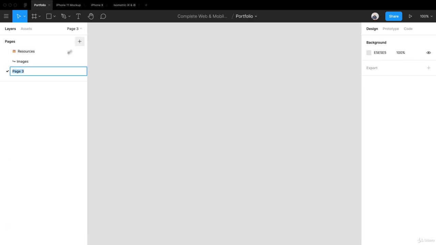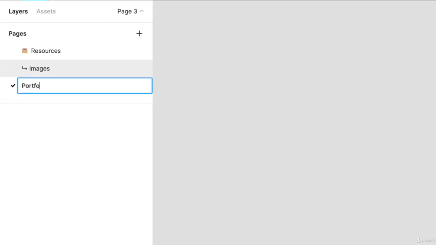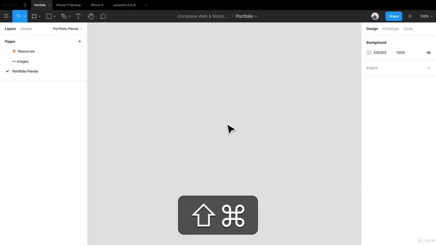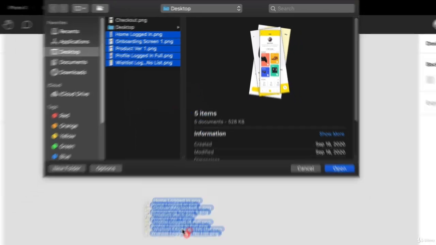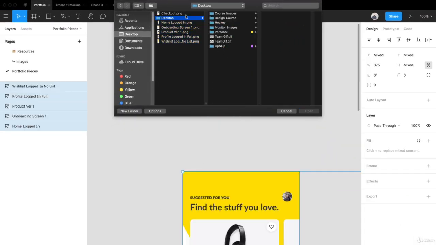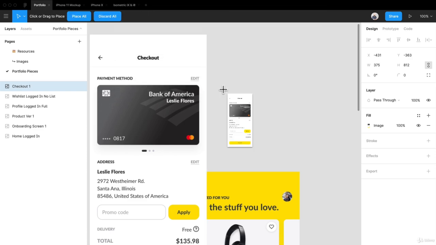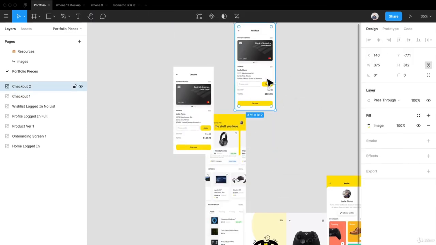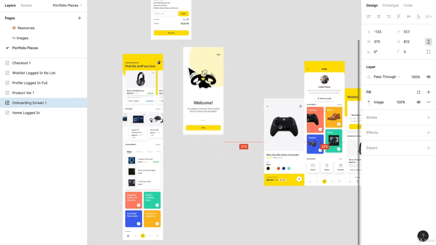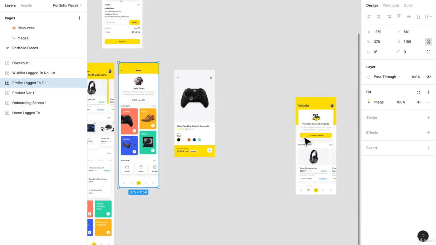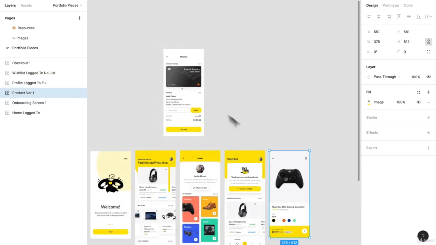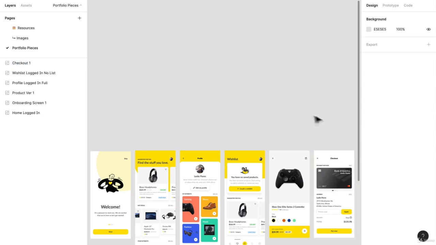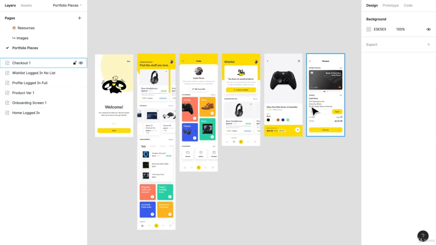Now, let's create a new page, and we'll just call this page portfolio pieces. What we can do here is press Shift Command K, and that is going to bring up our image placement dialog box over here. And we are going to drop those images into this file. So they're all placed. So here we go. Now they're actual just PNGs. So we are just going to place these nicely together. And there we go. Okay, so now that we have all these images that we want to work with nicely placed together,